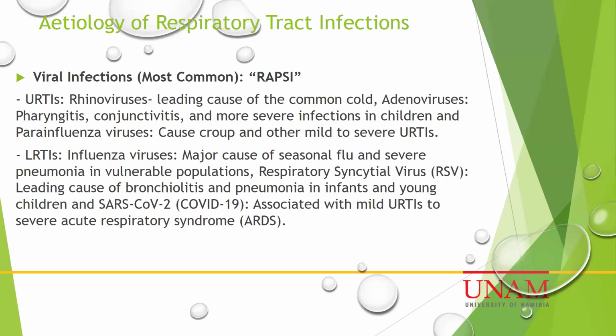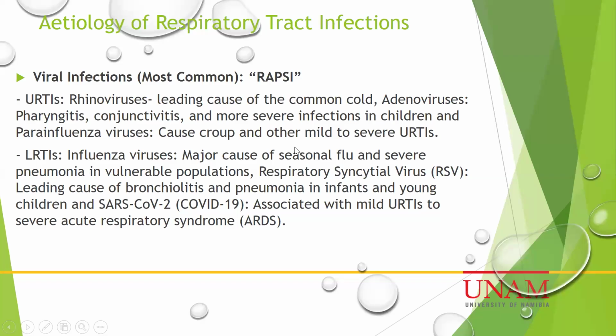All right, so broadly, we're looking at the etiology, and we're dividing them into upper and lower respiratory tract infection, and the mnemonic is RAFC. So for the upper respiratory tract infections, the leading cause is rhinoviruses, which are the leading cause of the common cold. We have adenoviruses, which cause pharyngitis, commonly conjunctivitis, and more severe infections in children. We have the parainfluenza viruses and the influenza viruses, which cause croup and other mild to severe upper respiratory tract